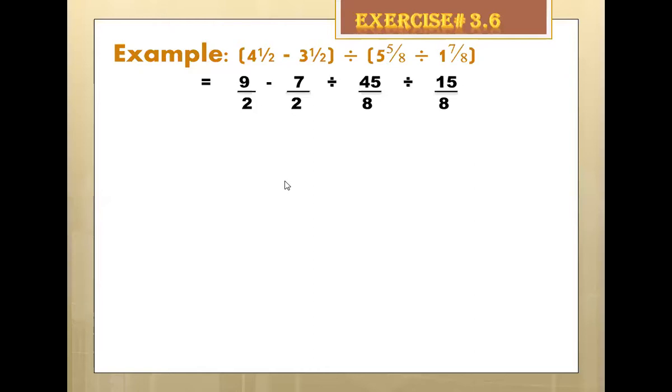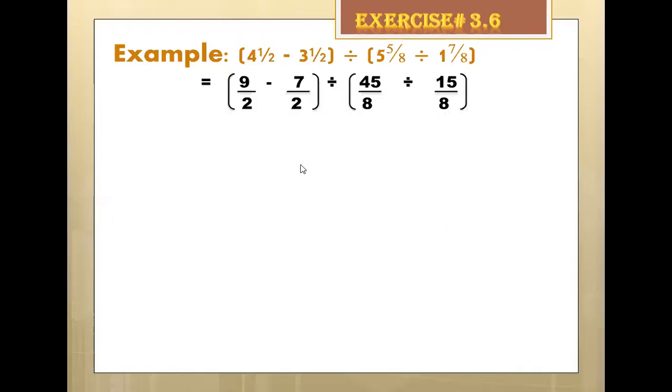After converting them, you will place the brackets here. Why are you placing the brackets here? Because you haven't solved it yet. Now simply look inside the bracket. Here you have the sign of subtraction, and here you have division. So forget about this division. Here you will do 9 upon 2 minus 7 upon 2. Your denominators are common here, so you will simply subtract. In this bracket you simply perform subtraction, but here you have division, so you will convert the sign of division into the sign of multiplication by the reciprocal of this fraction.